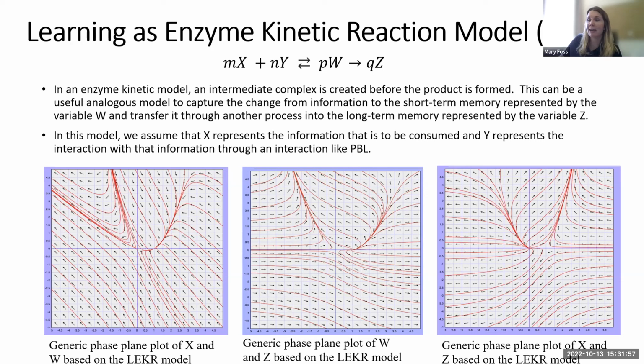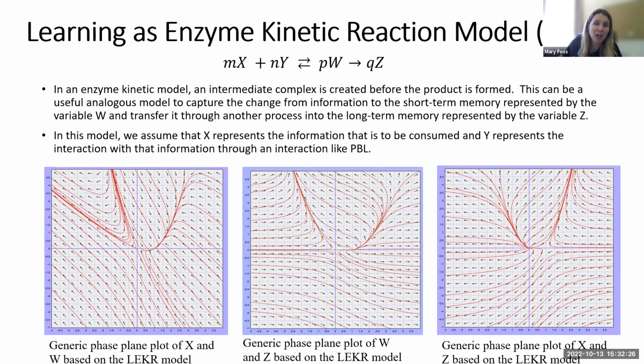With this, we have a new way of examining these graphs: phase plane plots. This is how you examine parametric equations, on the phase plane. The equilibrium or steady state conditions are represented by critical points. Without going into a ton of detail, you can see the one on the far left has a critical point where all of the solutions converge, and that shows you where there is some stability.